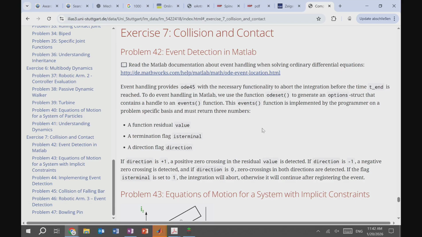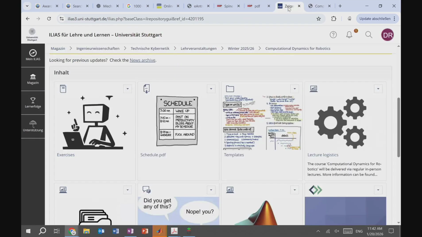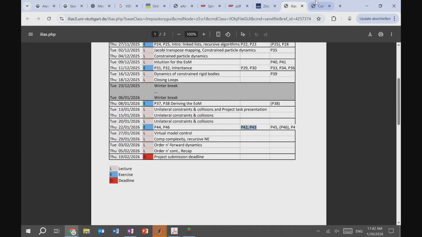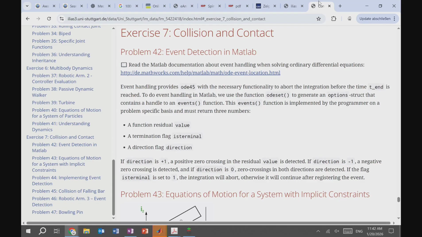To prepare yourself for that, there's 2 homework problems. Problem 42, is there 2? I should double check this. Yes, 2 homework problems. 42 is a reading problem, talking about event detection in MATLAB. I mentioned this in our Thursday lecture because someone asked, how is this done? This is how it's done. If you are unfamiliar with this, read through the documentation. There may even be a small tutorial that you can do just to familiarize yourself. How can you monitor, detect zero crossings as event functions in